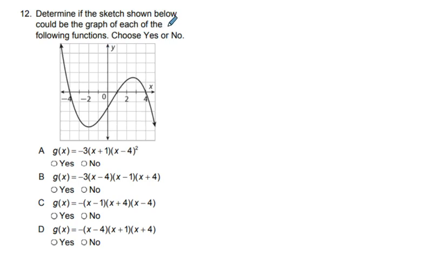12. Determine if the sketch shown below could be the graph of each of the following functions. Choose yes or no. Well, basically, what you have to have is the thing is going to be odd, negative, and so you're going to have 3, yeah. So you can basically graph these in the calculator and see which ones are going to fit the bill. That's all it's going to be. And I'll just go ahead and put these in a calculator. We have, well,